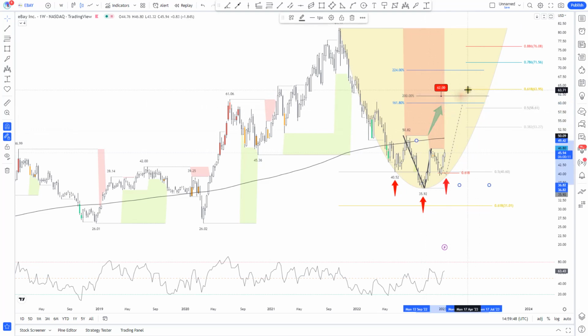This will put the price very close to the golden Fibonacci level right there, but I will not be surprised to see a full attempt to recover to the previous structure highs, 81.19. Of course, I already have a potential crab pattern, a minor or lower degree crab pattern, projected a few points below the 62. So this may also happen.